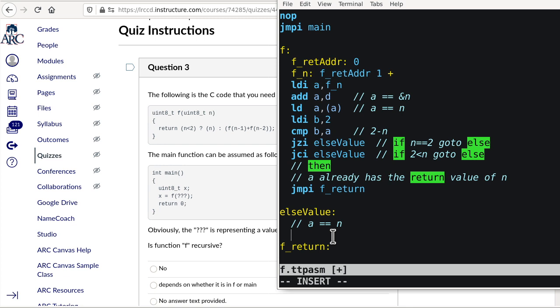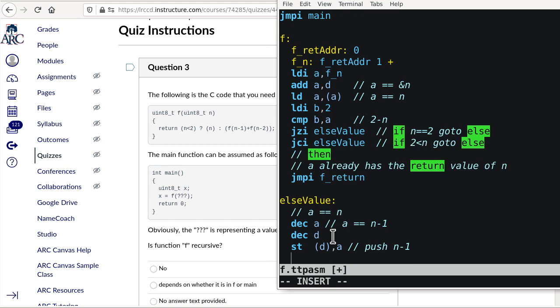So what we'll do is move forward and push N minus 1 on the stack. To do that, we just have to decrement A. So register A is now n minus 1, and then we have to push it on the stack, which means we decrement D and then ST A. So this is going to push n minus 1 on the stack. Then we go through the usual stuff to call, which is decrement D,